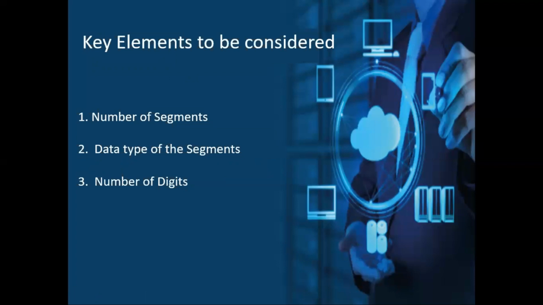But I have not seen any client in my last couple of years of experience go with a chart of accounts with just two segments. The balancing segment is one of the chart of accounts segments, and so is the natural account. Legally registered companies will be considered as your balancing segment values, and the natural account is where, whenever you are entering any transaction, you need to record it under one particular account, whether it could be a revenue account, expense account, asset account, or liability account. Hence the natural account is also an important segment.